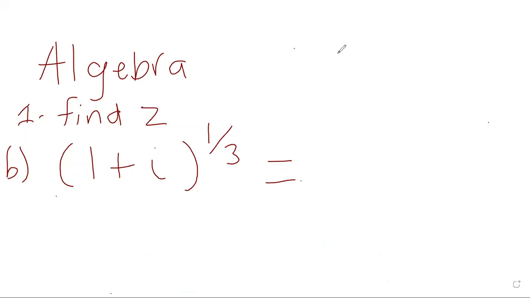And then the other part of the question: if we have a complex number Z, and we are expressing Z as a complex number, we can write it as a + bi,